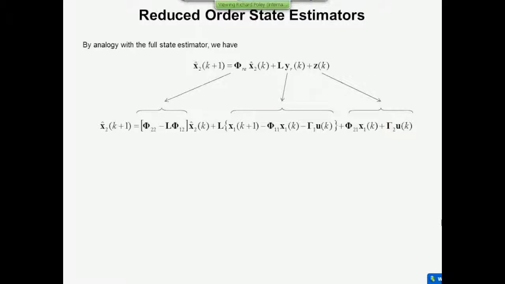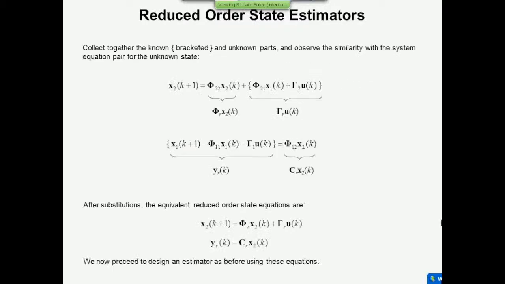Right, here we go. The same prediction estimator that we had before. And what I'm going to do now is use y sub r and phi sub r. Use those definitions that I've just had in the previous slide. So x2 hat of k plus 1, this is the estimator equation now, because we're just going to produce x2 from this, is phi minus LC, so phi22, because it's phi r. Right, phi r is phi22, minus LC, and C is phi12.